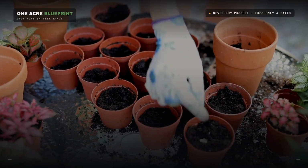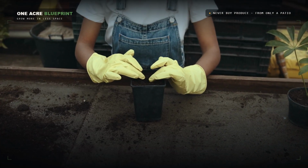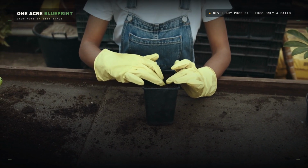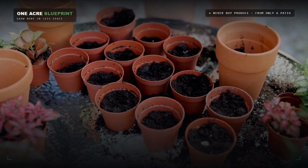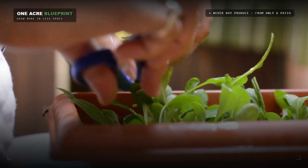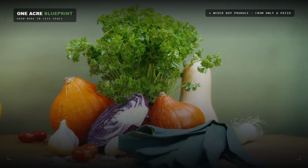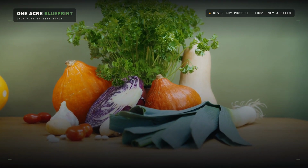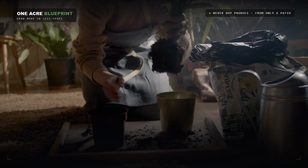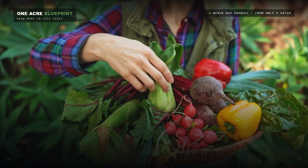But there is one thing it can do, and it is the thing that fills most of the trolley every single week. It can grow the fresh produce your family actually eats. The salad, the tomatoes, the peppers, the beans, the herbs, even a little fruit. The whole fresh produce aisle, the part of the store you visit most and throw away most, can grow in pots on a patio. So this is the garden I would actually build, step by step,